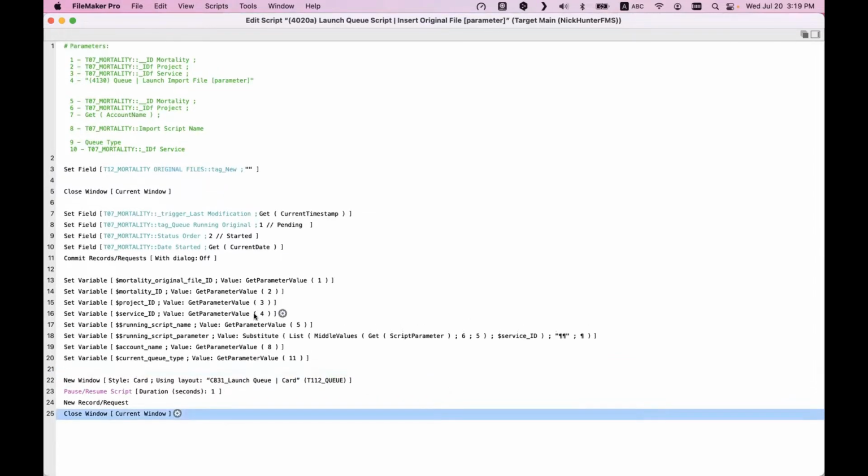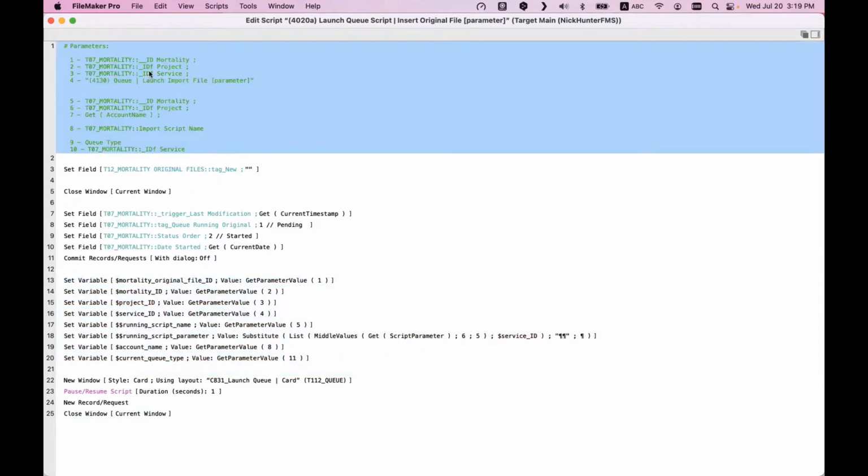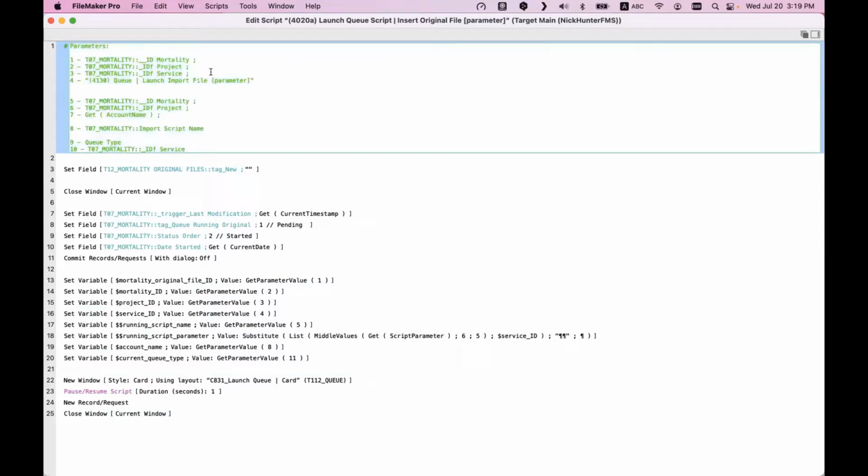So that's the script. You can see here I am not doing anything. First, I'm collecting all the information I need. This is the collection of information that I'm putting through the script parameter. This is a technique I'm using. I have a lot of things in my script parameter, 10 values, in different blocks of values. This is what I'm passing to the script.